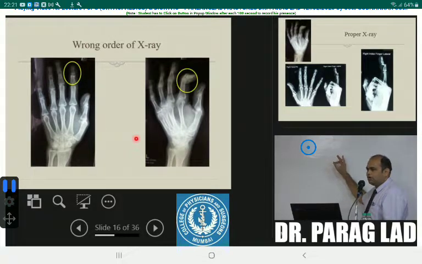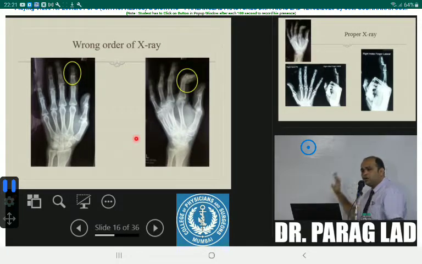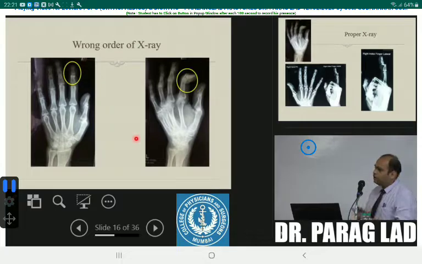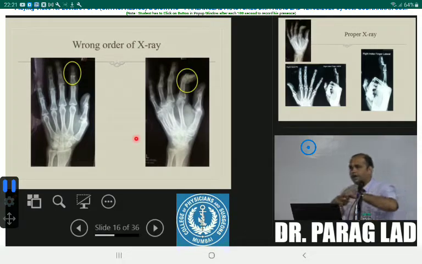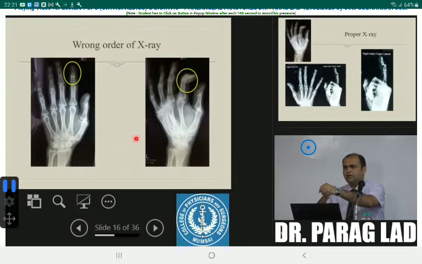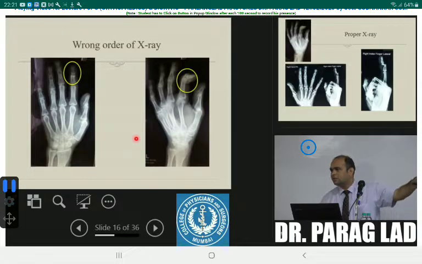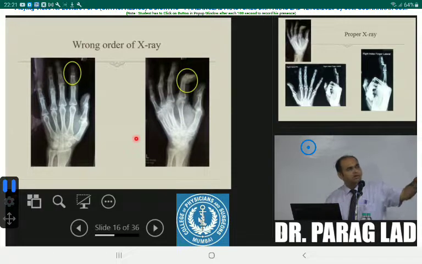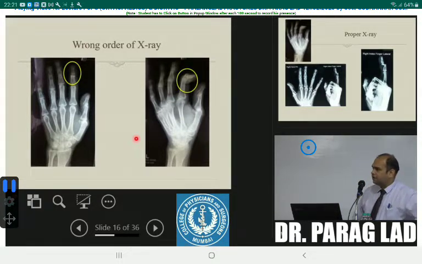Okay, swan neck, we do like this. If there are four finger X-rays, four finger fracture, we do like this. So please remember, finger injury, or if there is a confusion, please stand there and take multiple finger X-rays, lateral X-rays. So this is completely, is there any information that you can make out? You can make out just there is some fracture at the neck of the index finger or middle phalanx.